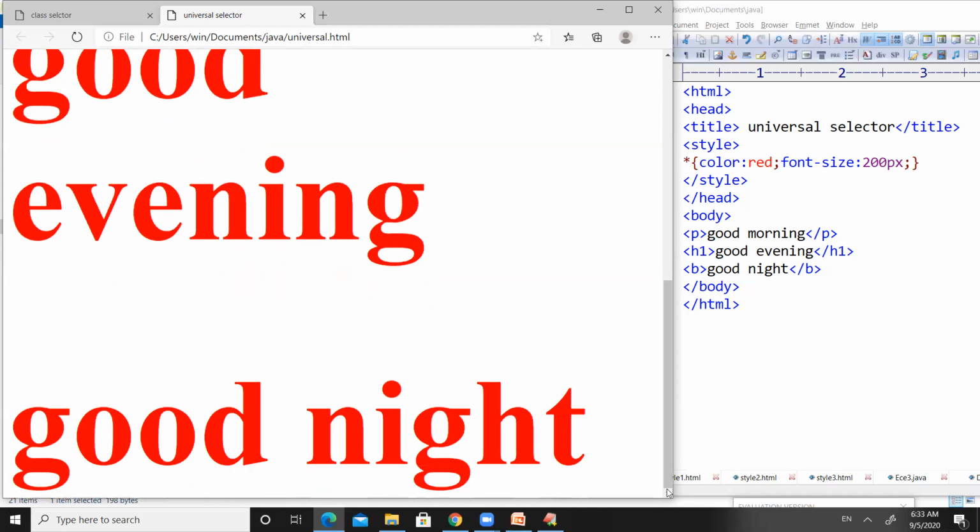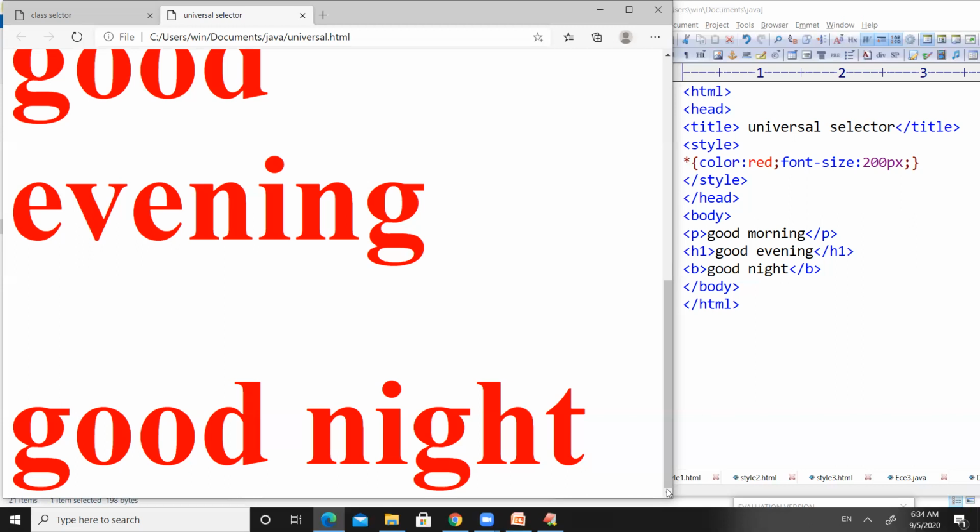Here, if you observe the body opening tag and body closing tag, between these two tags we don't apply any styles. We don't use any ID. We don't use any class, but still we are getting some styles on all the elements within the body tag. This is possible only with the use of the universal selector. The universal selector will start with a star, and along with the star we can use curly braces, and between the curly braces we can define any number of styles we want, right? So all these styles will be applied to all the elements of the HTML inside the body tag.